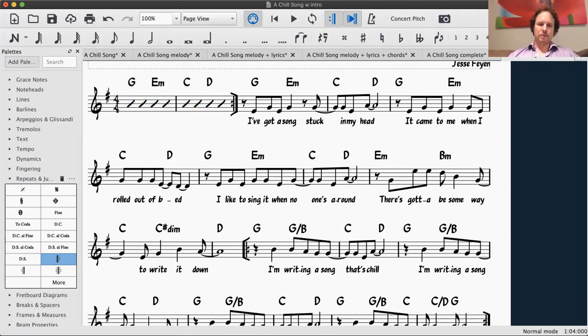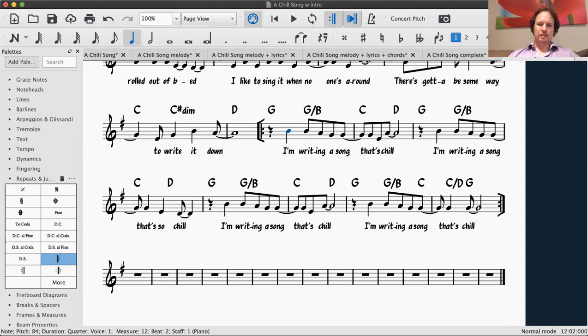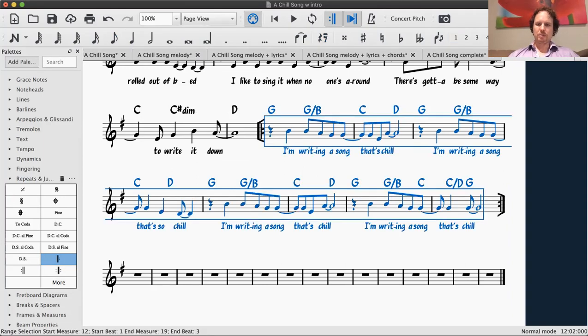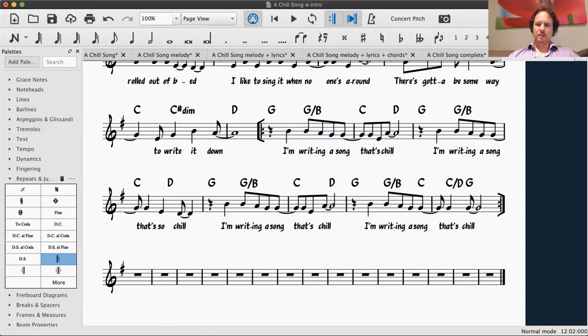Then they'll play the verse once. And then they'll play this entire section, this chorus, twice, because this symbol is telling them to go back to this symbol. Alrighty? Okay, so now I'm going to add a further layer of complexity here